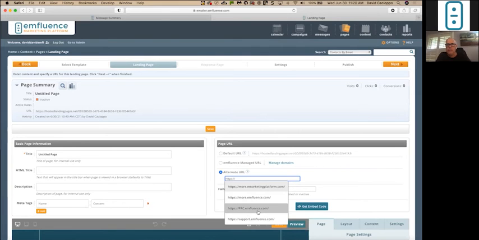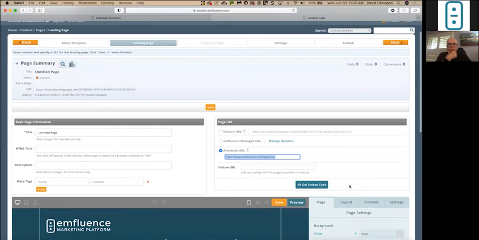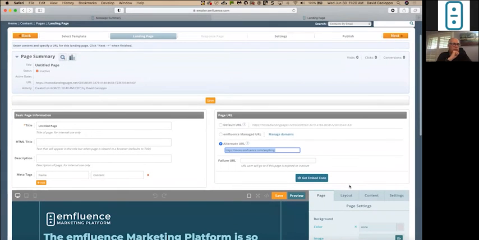support.emfluence.com, ppc.emfluence.com, more.emfluence.com, and more.emarketingplatform.com. Those are all existing subdomains that accurately point to our servers. So I can click on any one of those and then name my page anything I want. And it will double check to make sure that that URL is available, and then you can start posting to pages instantly. So, like I said, a small convenience fix there on our landing pages.